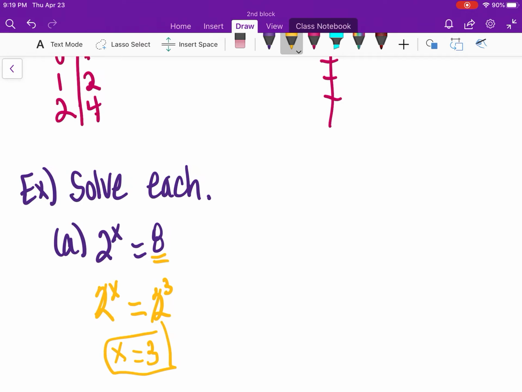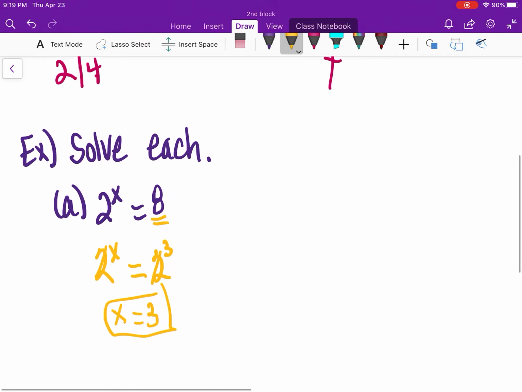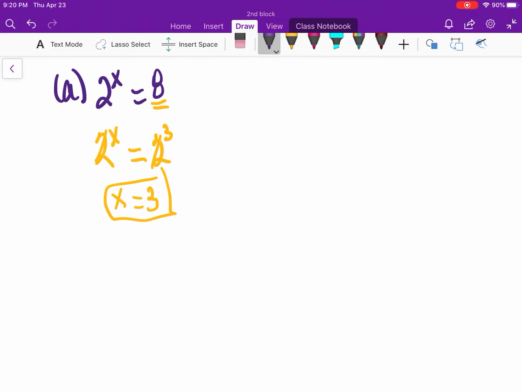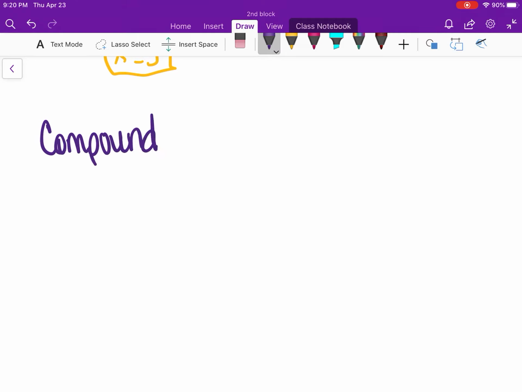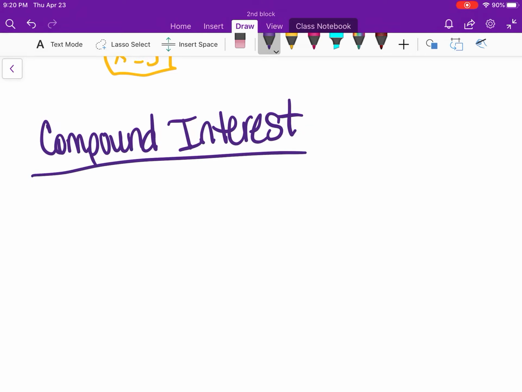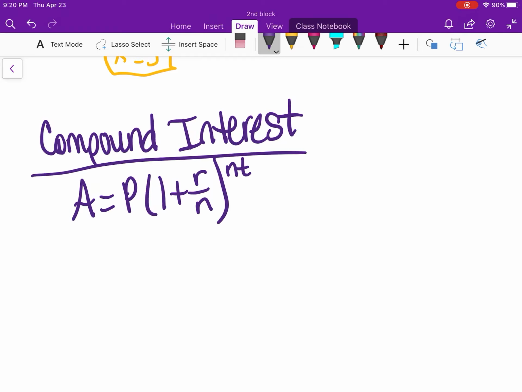Now we're going to focus on a few applications of some exponential formulas, and both of these formulas are going to be based on money. This first one is to find compound interest. If you have A equals P times 1 plus r over n, raised to the nt, that's the formula